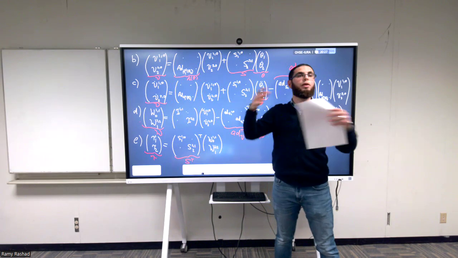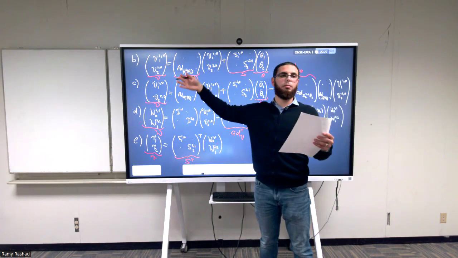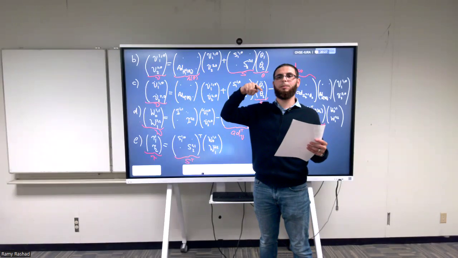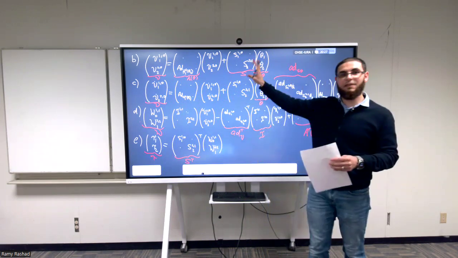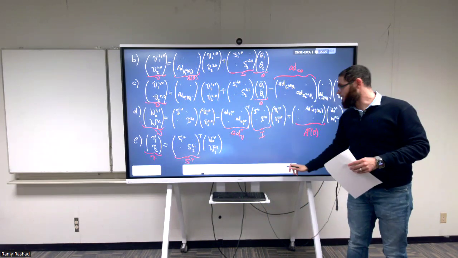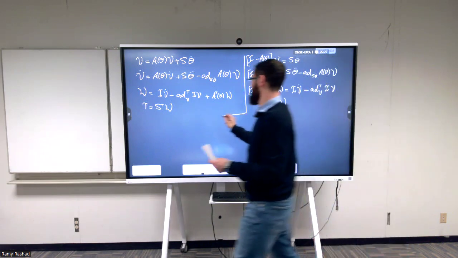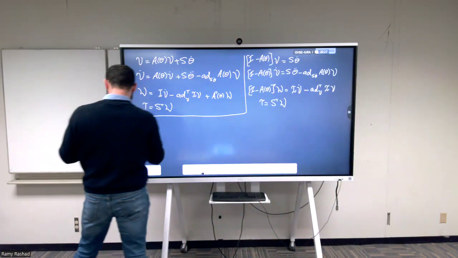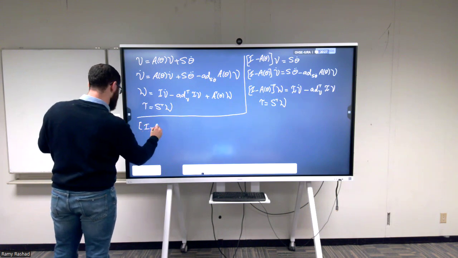If you have a 3-link manipulator, this will be a 3 nilpotent matrix. When you multiply A by A by A, you get 0, and so on and so forth. So this is a very special structure. And this very special structure, luckily, has a very nice closed form solution. It looks like this. So the inverse of this expression,